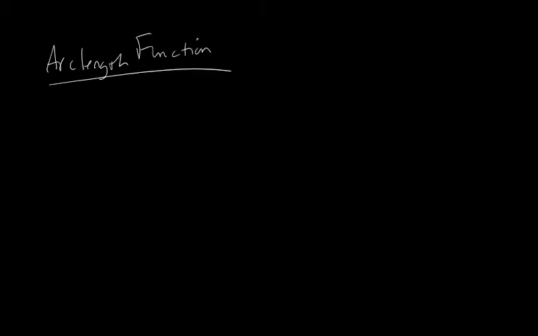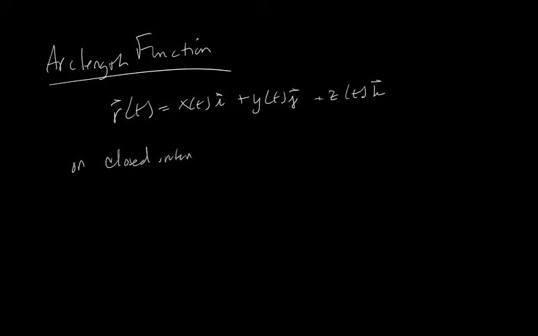For a smooth curve given by r of t equal to x of t in the i direction plus y of t in the j direction plus z of t in the k direction, on some closed interval a to b, then the arc length function is given by